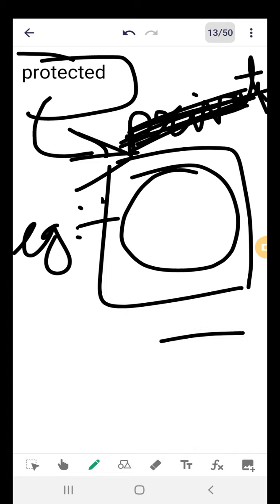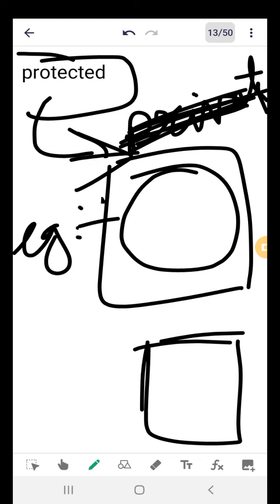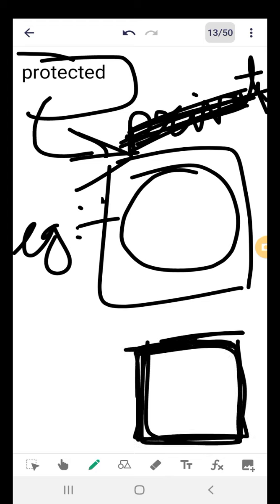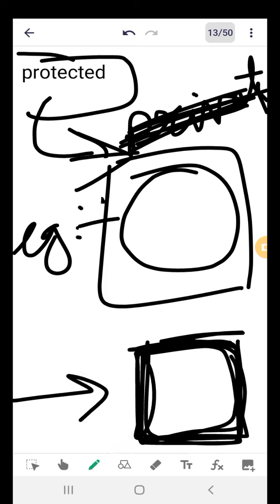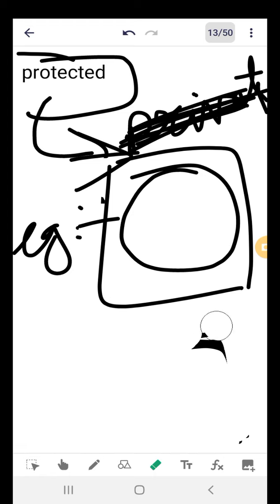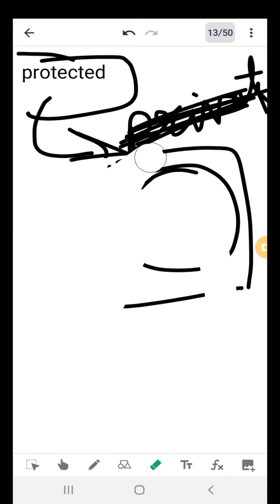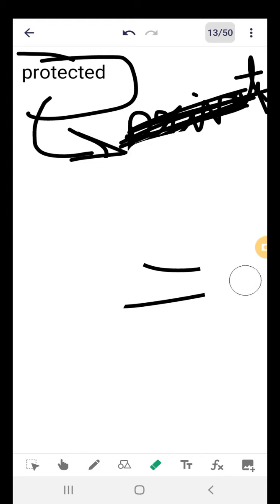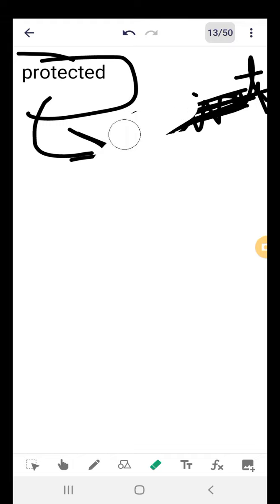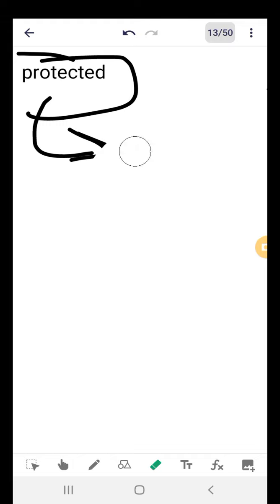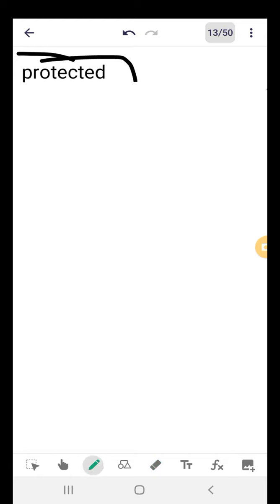Or any other army document or any defense document, you can say everybody cannot access it. Only the officials can access it, or the defense people can access it. These kinds of things are known as protected. Obviously, it is protected for few people. So these are not for everyone, and it is not hidden from everyone. It is accessed by few people. So same with this kind of functions. If it is protected,